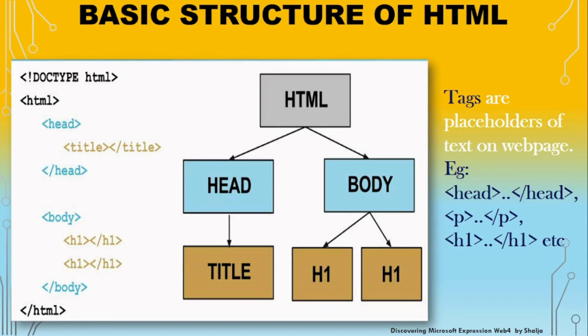Whatever you see on the web page is held by the body. And what are tags? Tags are placeholders of text on a web page. So the content is held by these tags, and the styling of this content, or text, is done by